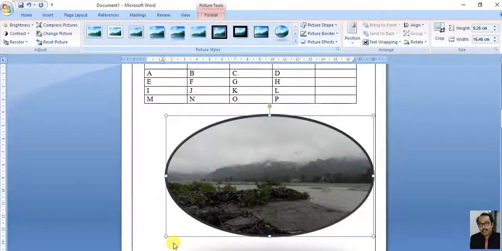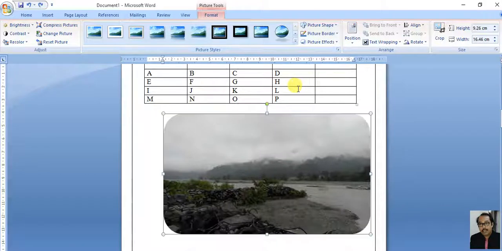You can see the change in the shape. So all the options are available: just select the picture and you can select the shape, picture border, picture effects and everything from the information available there in the ribbon.